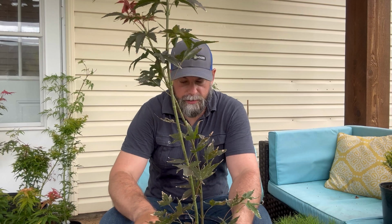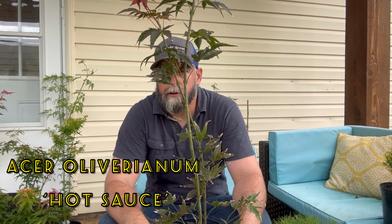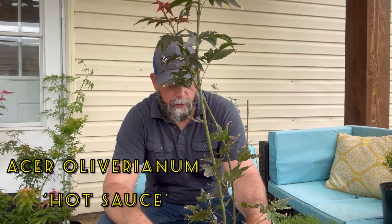And that was Blue Feathers Hinoki cypress. You know what? Let's go from one gift to another. This is Acer oliverianum Hot Sauce. This is a part of the Heat Seeker series with MrMaple. This is when you put it out in full sun, and